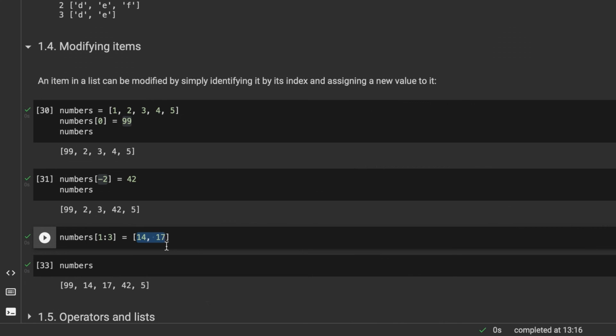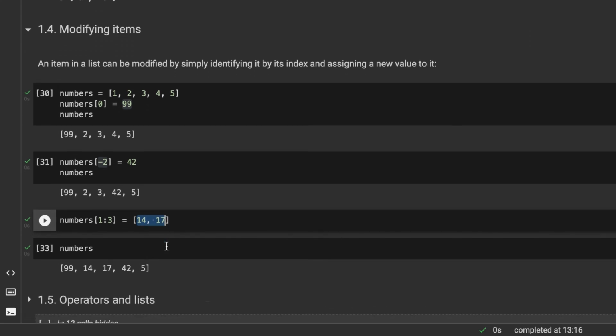But from a practical perspective, modifying lists is easy. You just have to know how to access items, and then you modify them exactly the same as you have modified variables so far. So in the next video, we will have a look at operators,